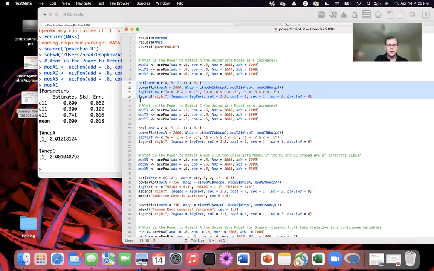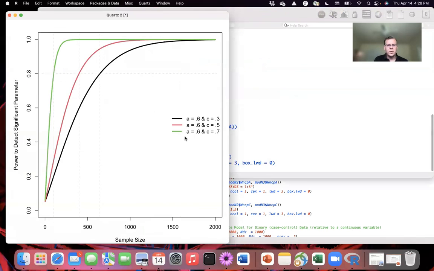And if we just run those 4 lines of code, it's going to give us a legend as well. And what we can see here is that on the x-axis, we've got the sample size that we're looking for. And on the y-axis, we've got the power to reject the null hypothesis, or the power to detect a significant